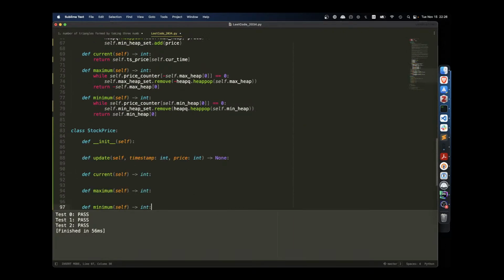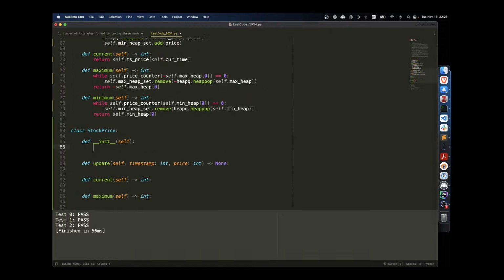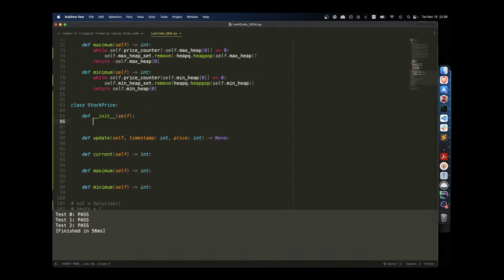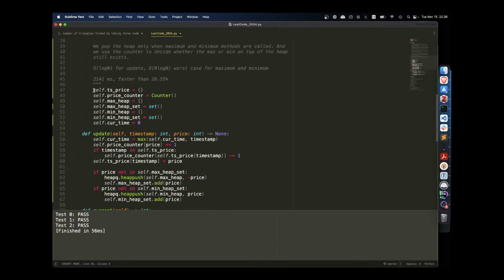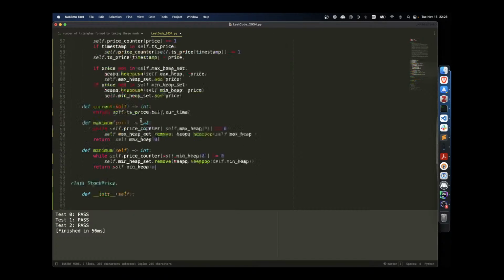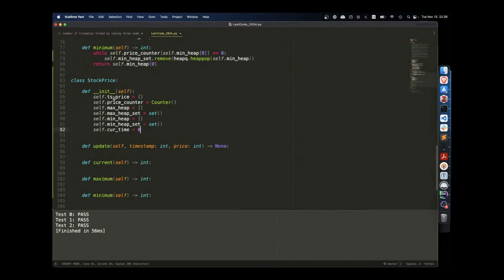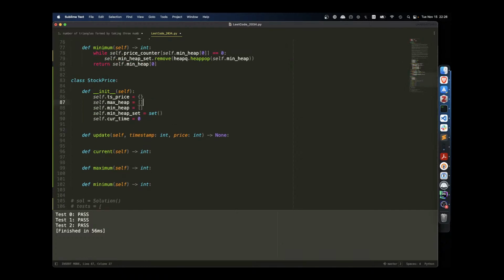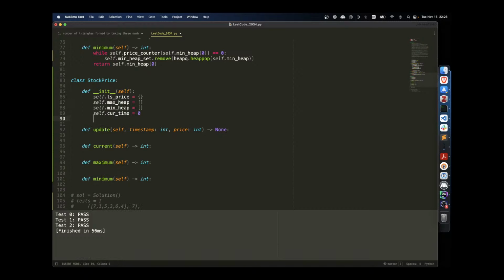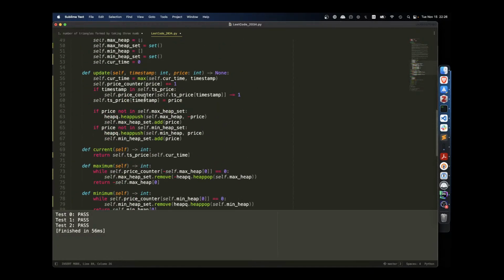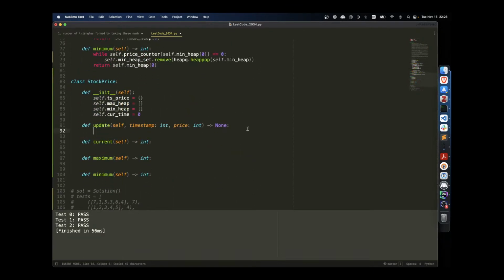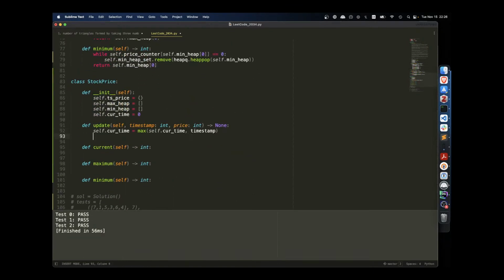Similar idea. Okay, so we only need part of this. We don't need a counter. We need a max heap and a min heap. That's it. So this is the same. But then we are going to say